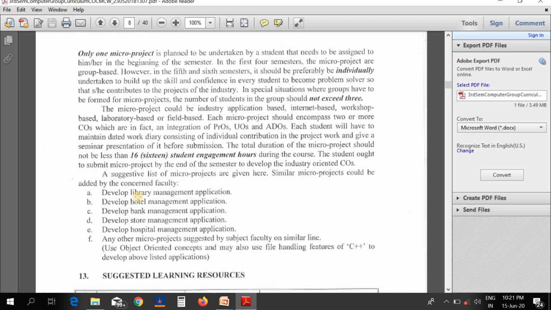Develop library management application, next develop hotel management application, develop bank management application, develop store management application, develop hospital management application. Similar types of real-time applications or software you can design by using object-oriented concepts.